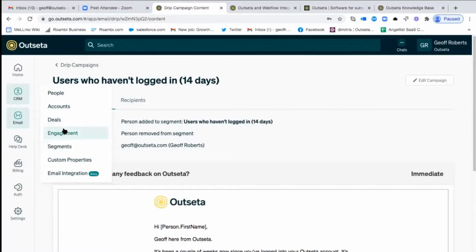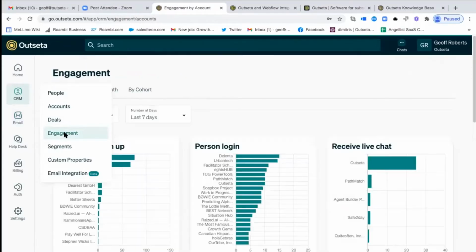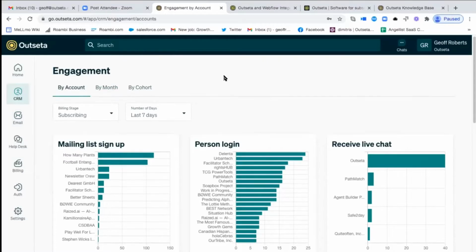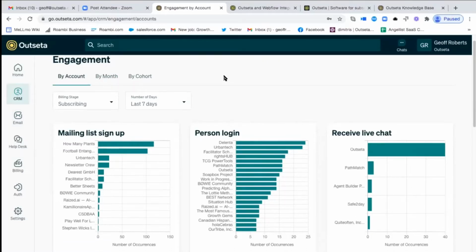And then the final piece on the CRM is the engagement tools. So this goes back to when we started the company, we were selling almost exclusively to other software companies. That's changed a bit since. But what we heard from those early customers was Outseta does everything we need it to do, except we want to know what actions people are taking inside of our software products or inside of our communities or on our website. So we built this engagement tracking suite, and it allows you to set up what we call custom events,